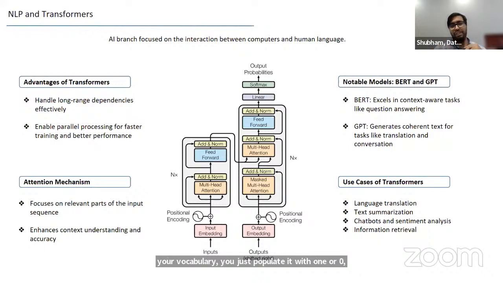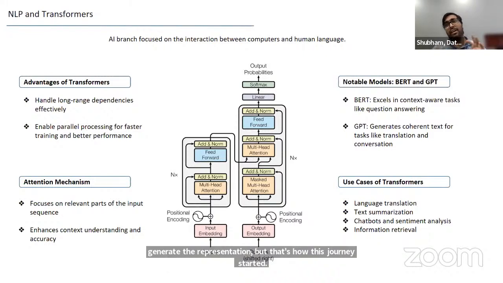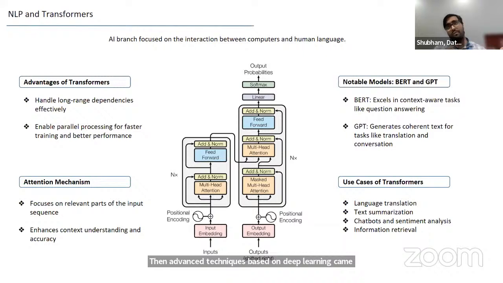Based on, so this was a very naive kind of technique to generate the representation, but that's how this journey started. Then advanced techniques based on deep learning came up, where we were using word2vec. In word2vec, we were also understanding the context of the words. Like if a word is behind a word, then what is the context that word is adding to this